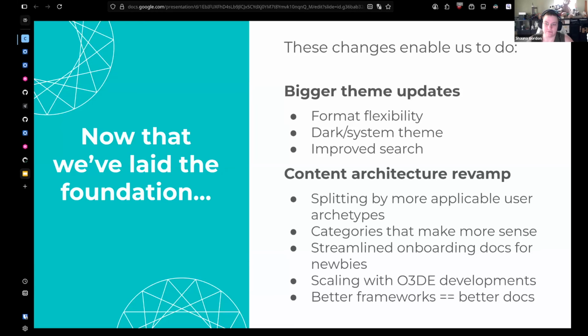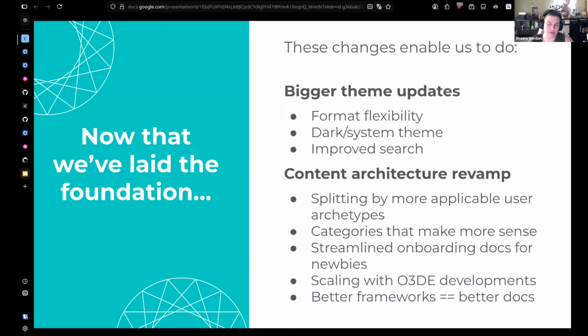JT's been working on the foundational work for this stuff lately, so we've been talking about different user types, user archetypes. So things like the new person who doesn't do a lot of programming, or the new person who is a programmer and wants to dive into, say, the Lua stuff, or the engine developer, and have those as separate things to make it a lot easier for them to dive in and actually have the relevant information in hand more quickly.